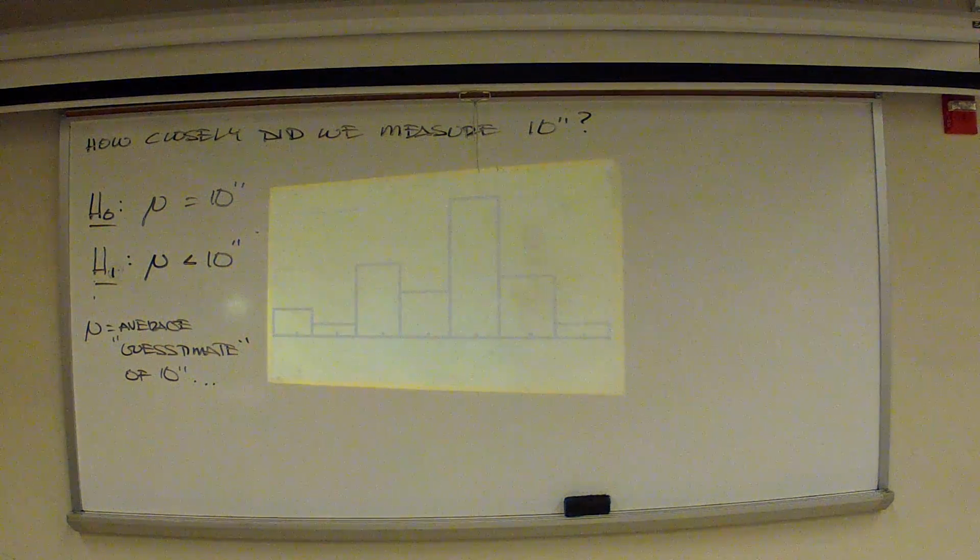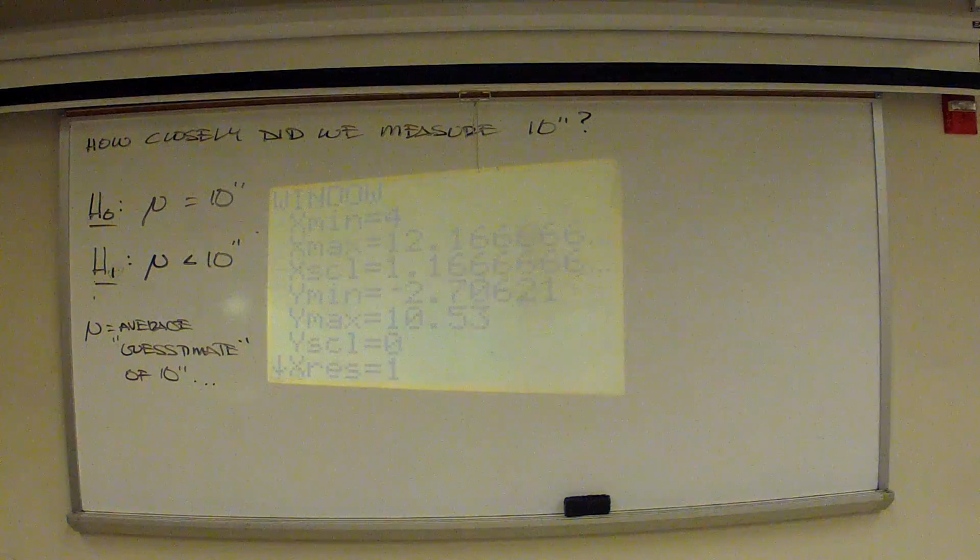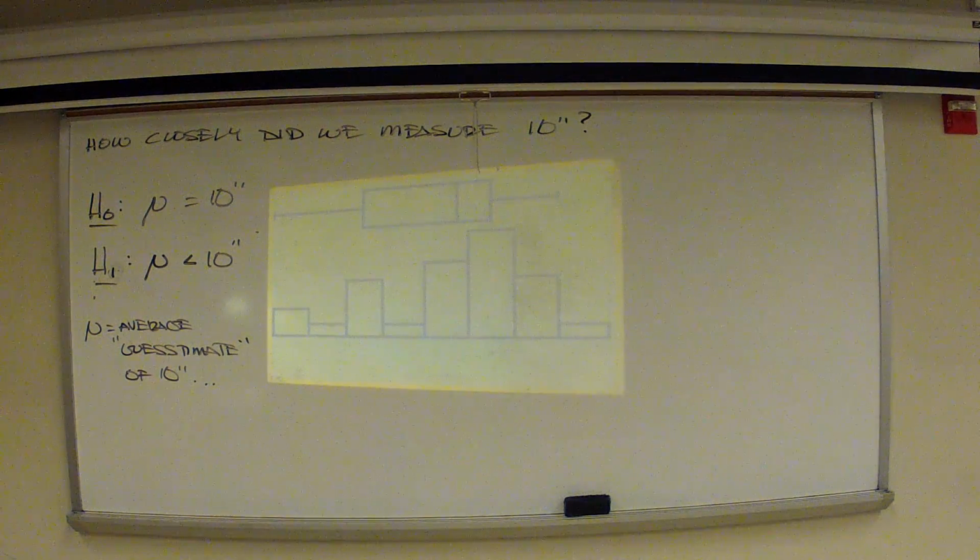So I'm going to do a zoom 9. Okay, there's my data. Check it out. I'm going to change the window a smidge. The highest guess we had was 11. I want to make it go to 12. I'm going to scale it by ones. This way, I know my smallest guess was 4. The highest guess was 11. If I make the X max up to 12, it gives it the space to have that last bar. So there are our guesses, friends.